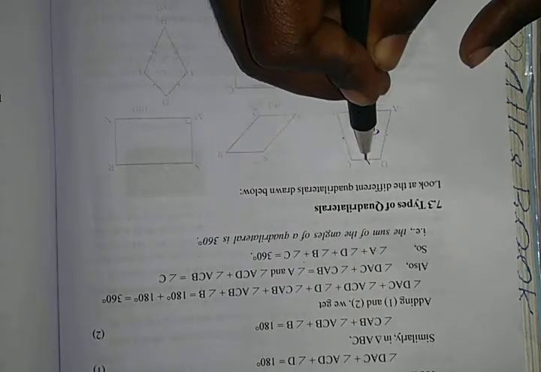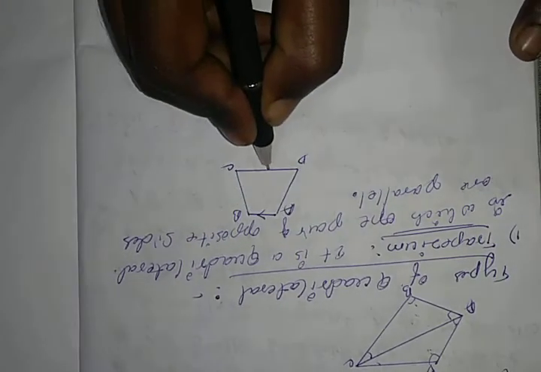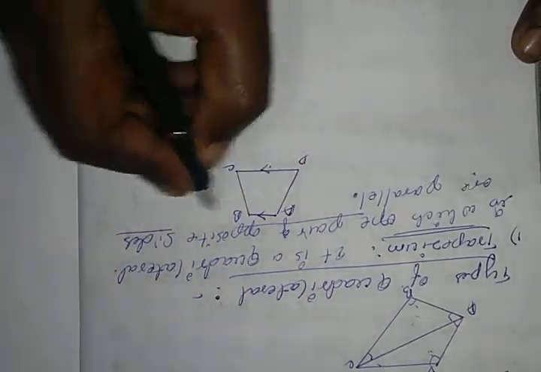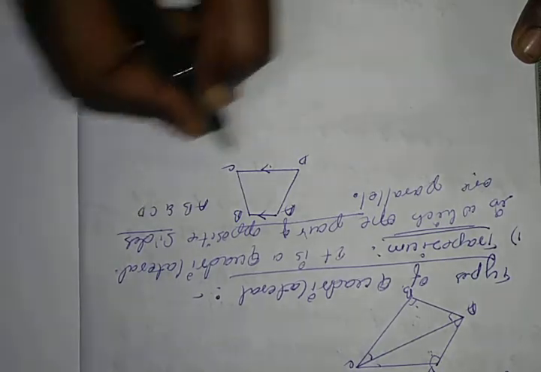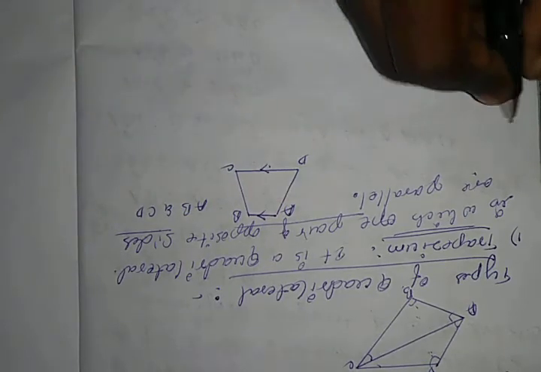See the different types of quadrilateral, there are 6 types. This is a trapezium because this pair is not parallel, so only one pair is parallel to each other. So that is a trapezium. ABCD is a trapezium because one pair of opposite sides of the quadrilateral are parallel to each other. Here AB and DC, one pair of opposite sides, are parallel. AD and BC are the non-parallel sides, they are not parallel to each other.